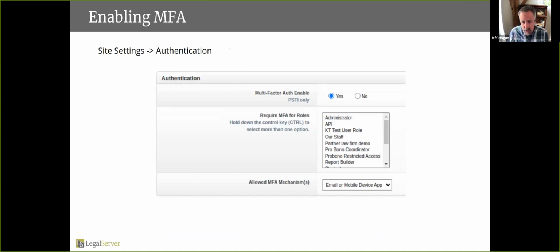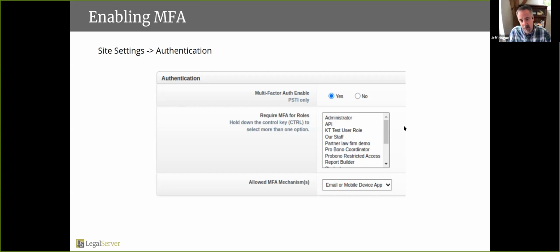So what you need to do if you want to use it through LegalServer: there are two options I'm going to talk about. One is you can turn on multi-factor authentication in LegalServer. The other one is you can leave it alone in LegalServer, but if you already have something like G Suite or Office 365 based on Azure AD in the cloud, or you want to look at a system like Okta or one of these other platforms, you can turn on multi-factor in this other platform and integrate with LegalServer.